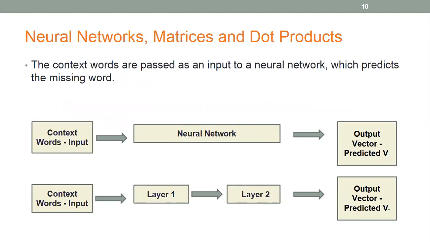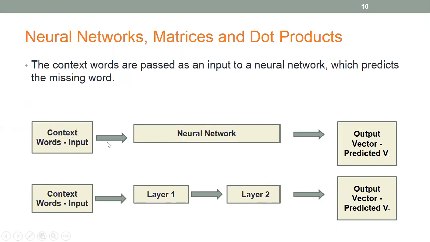Essentially, these layers don't do magic. They are just matrices and dot products inside them, but we'll get to that. So let's say one of the hyperparameters to Word2Vec is N, the size or the dimensions of the word vector that we want. Let's say it is capital N, and that is what we expect the dimension of our word embedding